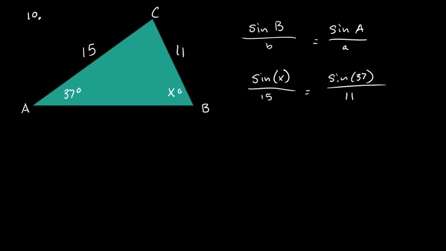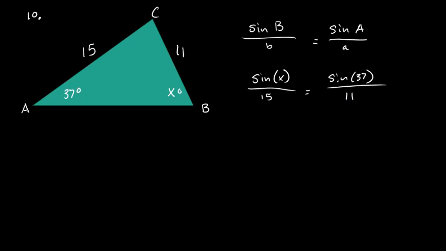I always suggest that you put your unknown on top, just because sometimes it makes it easier to isolate. So you're just able to multiply everything else onto the other side instead of dividing in these types of